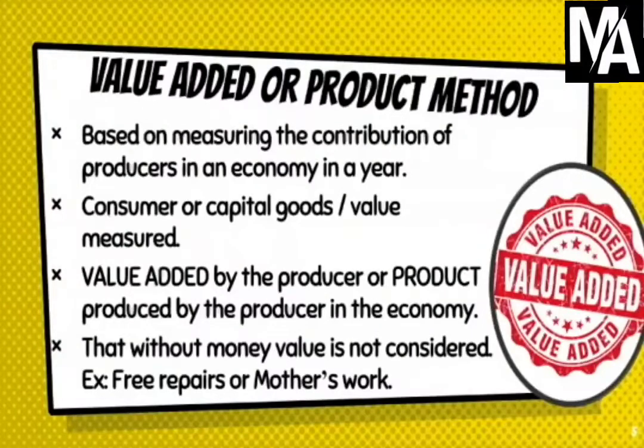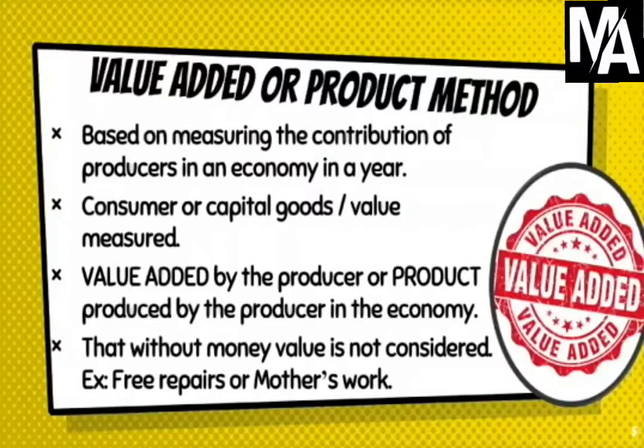The clue to understand this particular method is in the name itself. Now this value added or product method is based on measuring the contribution of producers in an economy in a year. Any person who creates a finished product from raw materials is called a producer, and this producer sells this finished product. So another term for producer is seller. So in this method, we are going to calculate or add up all the contributions made by all sellers or